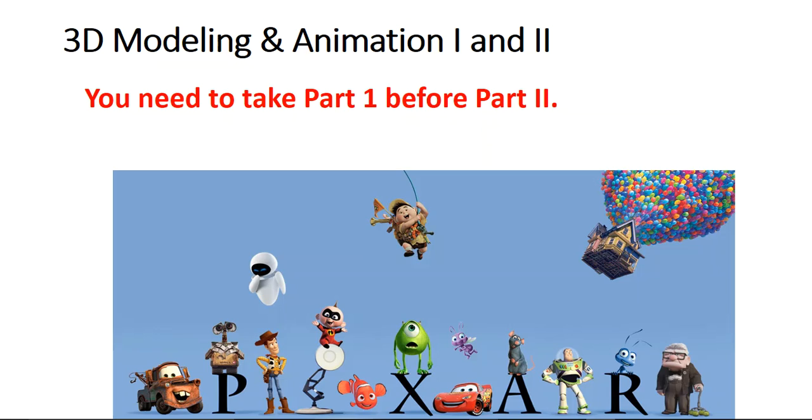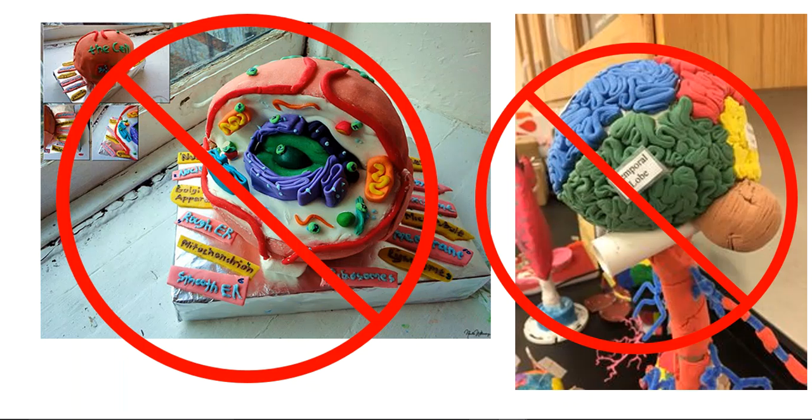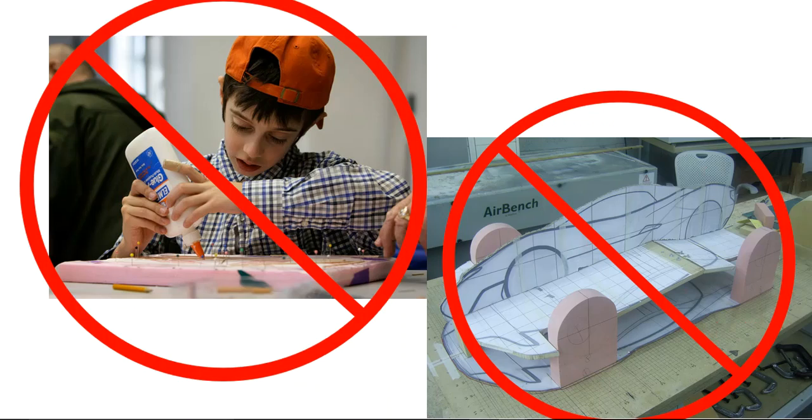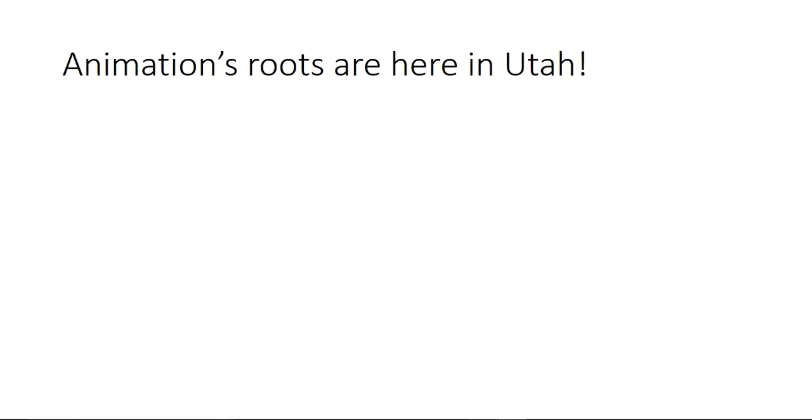And finally, in that advanced level, and this is even more advanced, okay? This is 3D modeling and animation 1 and 2, okay? You do need to take part 1 before you take part 2. So if you ever noticed you are registered in part 2 of this class on accident before part 1, you need to contact your counselor immediately and get that taken care of, okay? All right, so think of Pixar when you're thinking of 3D modeling animation. We're not thinking about modeling a science fair project out of clay or making a cell out of cake and frosting. We're not talking about, you know, hands-on stuff here. We are talking about